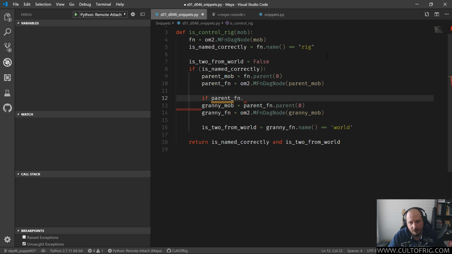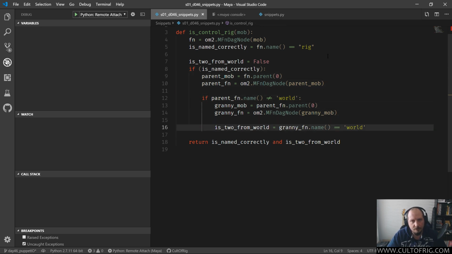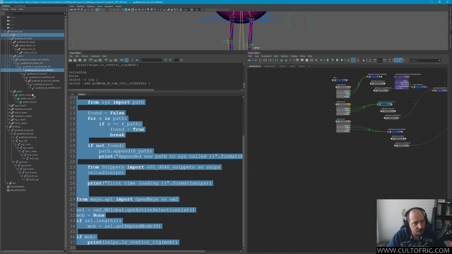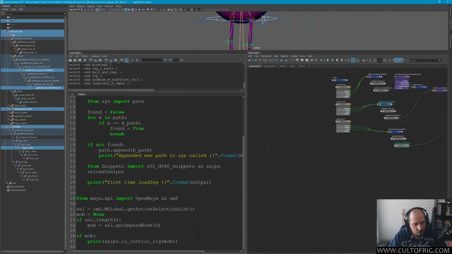So if parent fn dot name is word different than word, then we do that, and we alter the value of is to from word. So what we want to do now is maybe test a bunch of things, and so random stuff, and then go for,